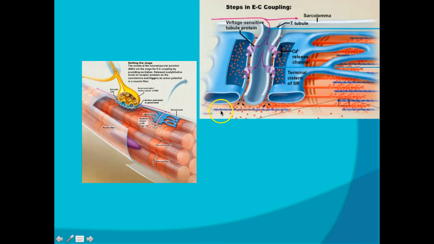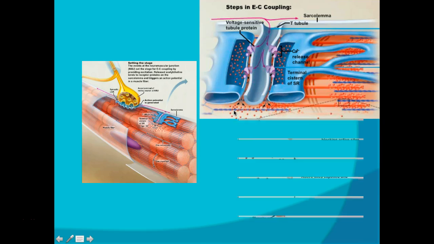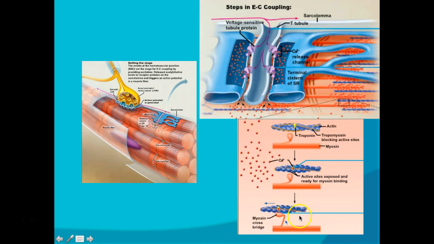Now we could see a little bit better here in this zoomed in image, but let's go ahead and look over here where it's broken down even more. These calcium ions are then going to move onto our protein on actin, troponin. When calcium binds to troponin, that causes a shifting of our tropomyosin that covers those active sites on the actin filament to move out of the way. So once that tropomyosin moves out of the way, these active sites are now available for our myosin heads to